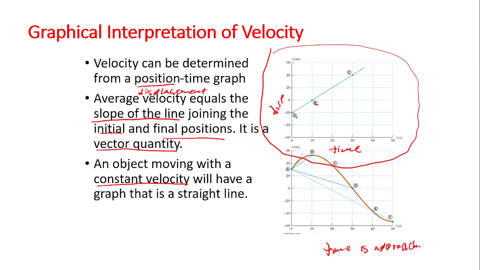Time is approaching 0. Okay, so such a velocity is known as what? Instantaneous velocity. So in instantaneous velocity, the time normally approaches 0, but I'm not interested in that. All I'm interested in is explaining what a graph of a constant velocity looks like, and then also you knowing the value of the